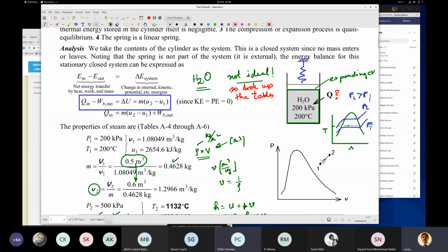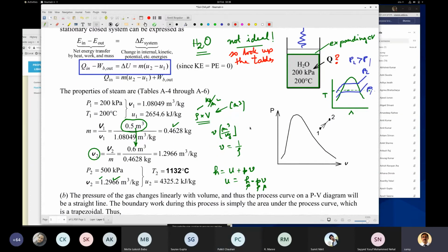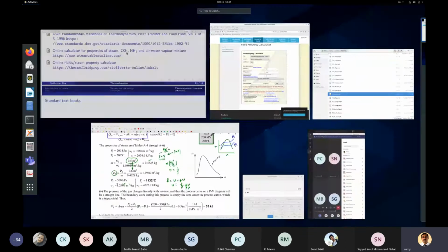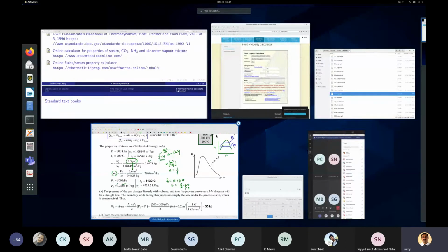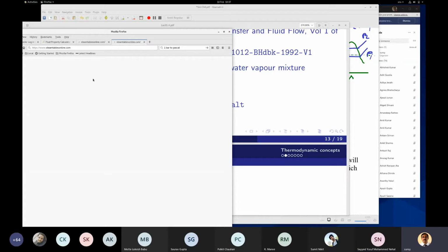Okay, sir. Sir, did you upload those tables? I have uploaded, but those tables don't appear to be very good. I will see some better ones. Or these books that I have shared with you, the online books, don't they have the tables? Otherwise, let us see. There was another one that may be a little bit better. Let me see the other one. This one, steamtables.com. Okay, this may be better for steam.